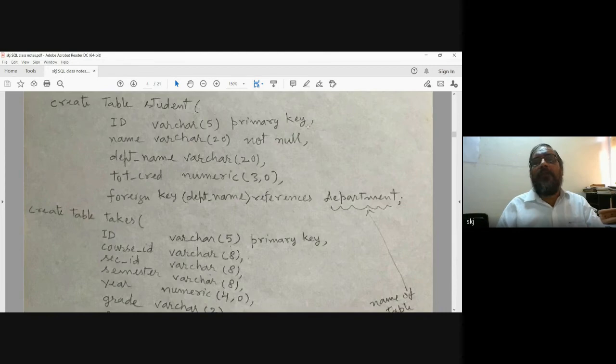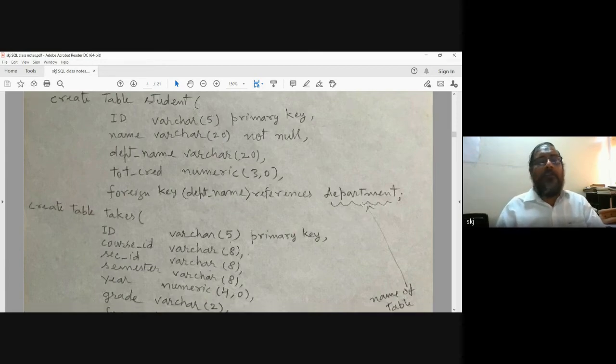So primary key is defined here. Similarly, the name that is not null is mentioned here. Then department name, total credit, and this is the foreign key definition: foreign key, department name, references department. So department is the table name.